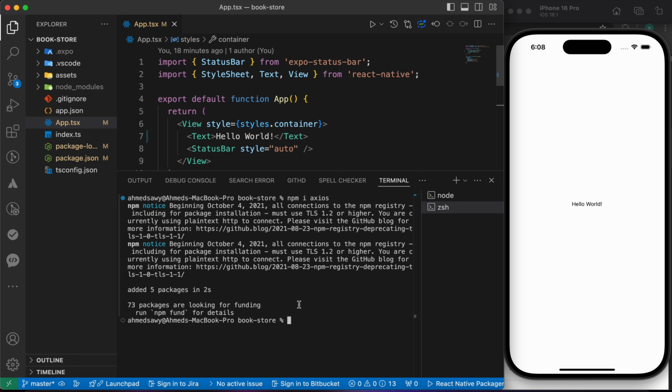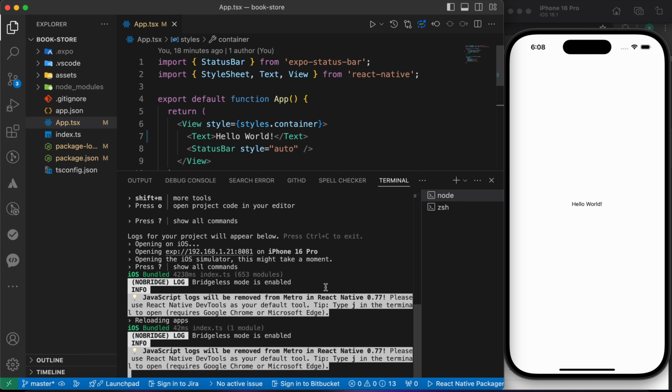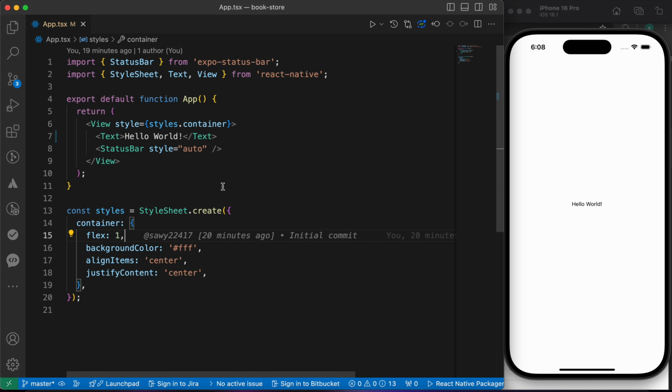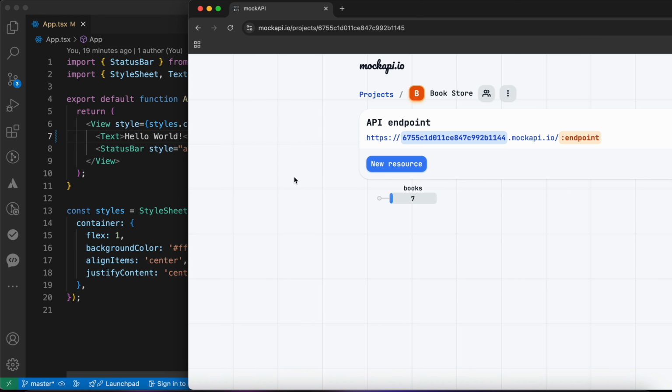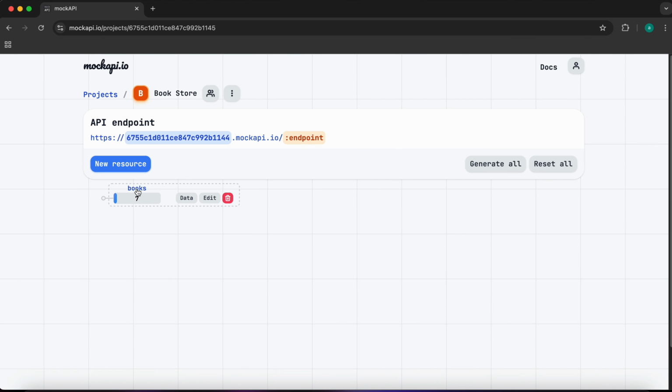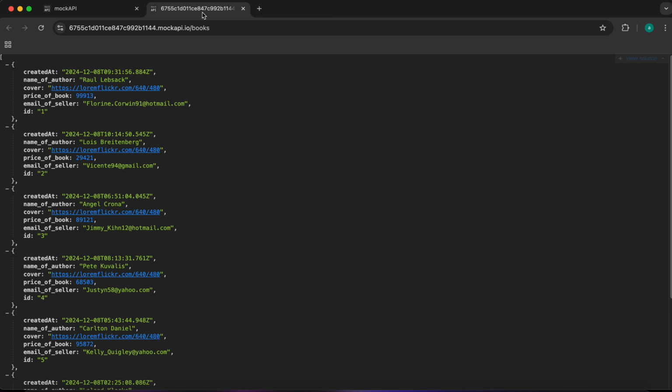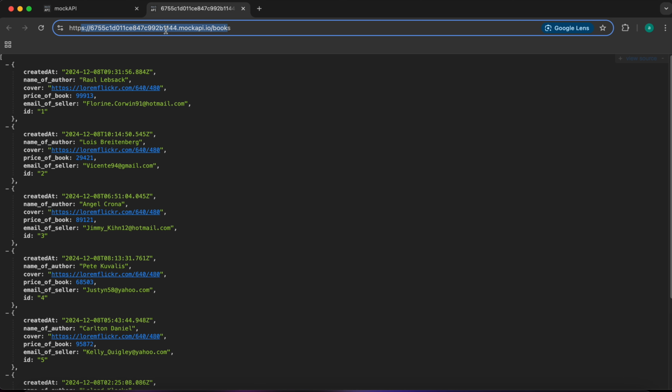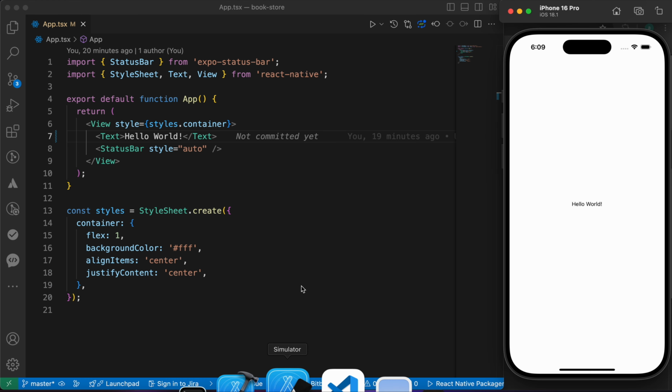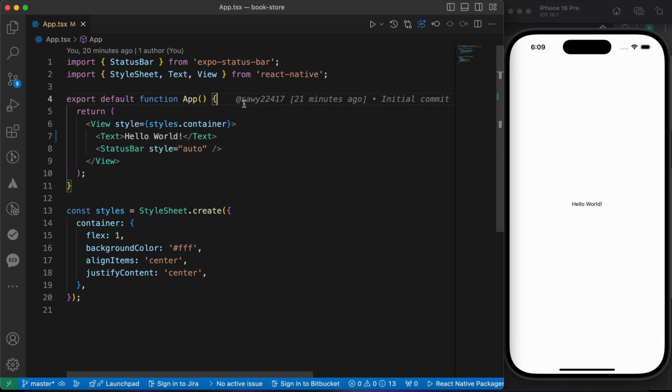Now the package is installed. Let's just reload our app. Press R in this terminal to reload our app. Okay. Now let's go and make our first HTTP requests. Remember our project? If you press here at this endpoint, you're gonna notice this endpoint of books. Okay, you can just copy it like this, and let's go to our project and create our first